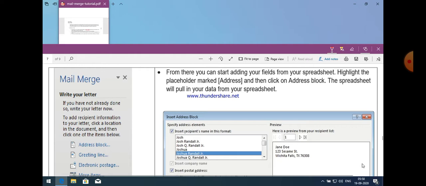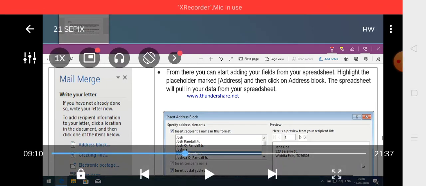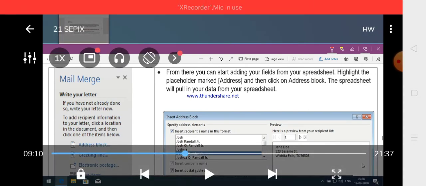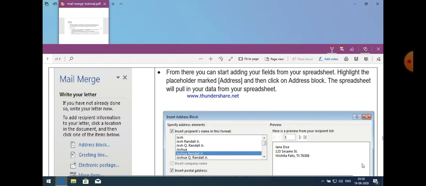You can easily see here that data is selected from this spreadsheet, and after that, if you want to go to the next data, just click the next button. Next data will appear, next address will appear in that sheet.